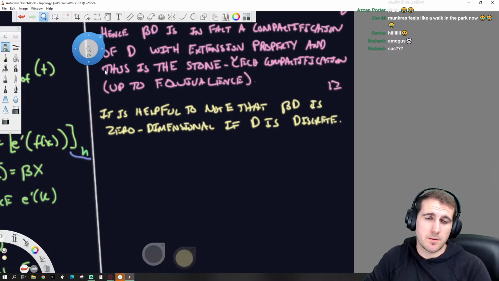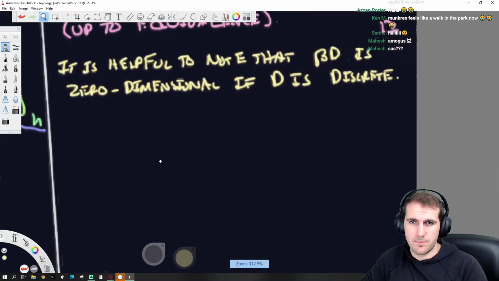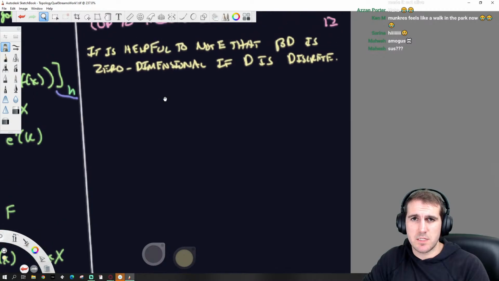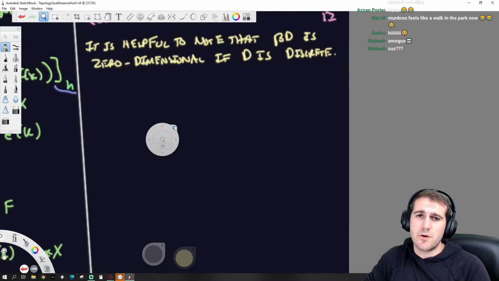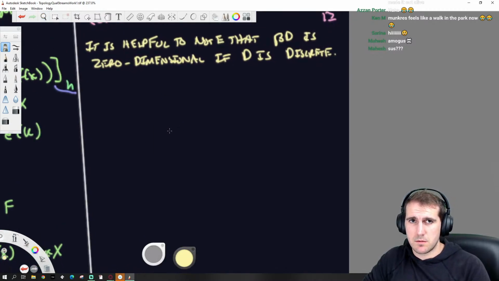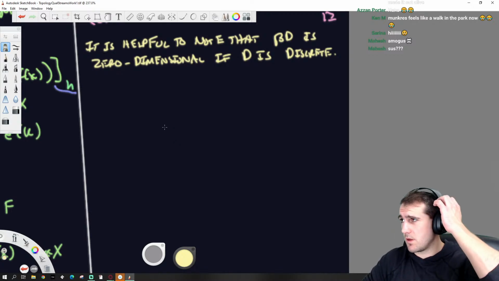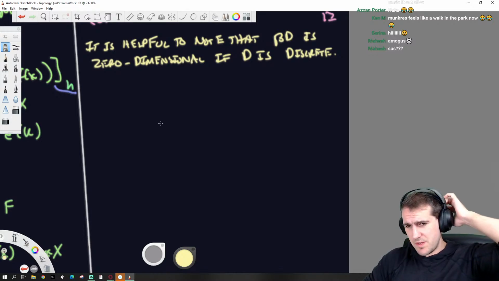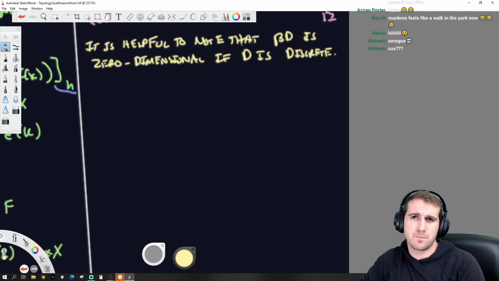So in particular, which is kind of weird to think about, it's a zero-dimensional compact space, which could have a lot of things in it. Yeah, it's weird. So beta D is zero dimensional if D is discrete.